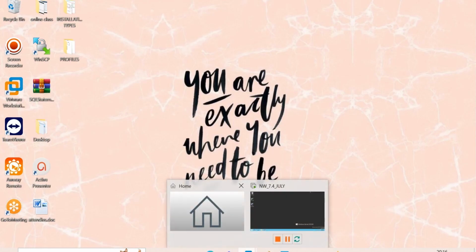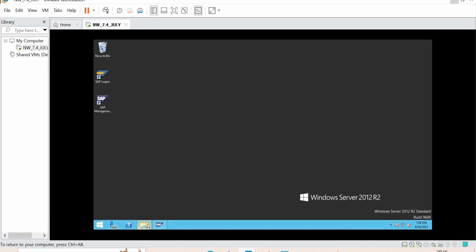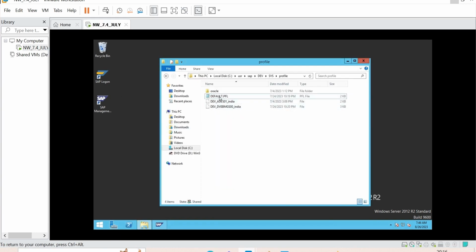Got the point? See, what I am having in the default profile, I'll show you, then you'll understand. If you open the default profile, the naming convention is important here. Remember, interview question: what is the naming convention for the default profile? DEFAULT.PFL. Naming conventions are important in SAP. And what is the location of profiles?